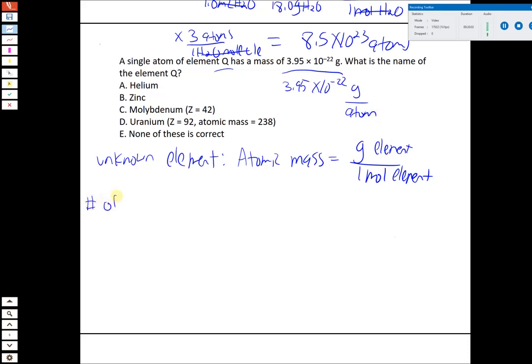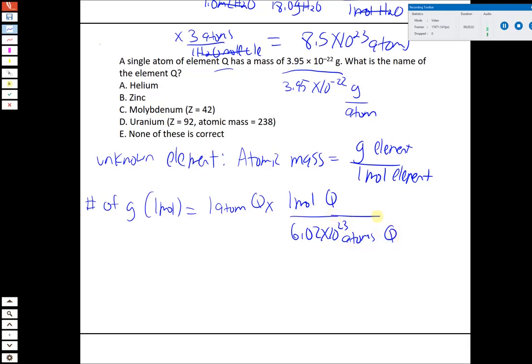So the number of grams in 1 mole would be, if we have 1 atom of Q, we want to convert that to the number of moles of Q, so we divide by Avogadro's number. So 1 mole of Q would have 6.02 times 10 to the 23rd atoms. So that's how many moles of Q we have, and then we know from this given information that we have,